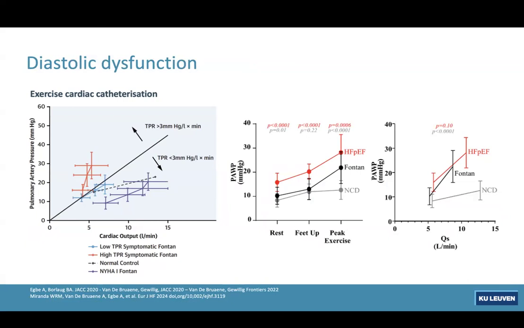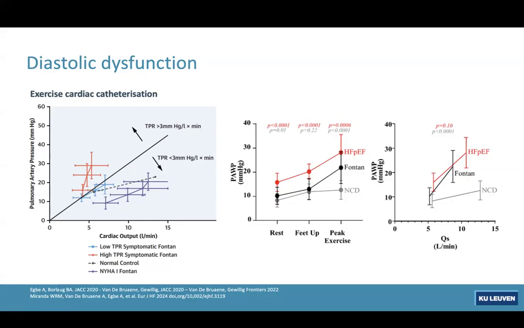What I think is interesting is they also looked at the changes in pulmonary artery pressure, or Fontan pressure, if you will, related to cardiac output. If you see those changes, you can actually calculate the slope. So if you have a slope of more than 3 millimeters of mercury increase in pulmonary artery pressure per liter per minute increase in cardiac output, something is wrong. That's total pulmonary resistance. It's not really pulmonary vascular resistance, but it also includes the post-capillary component, your filling pressures on the other side. But be that as it may, the steeper this slope, the worse the Fontan patient. And I think this is interesting.